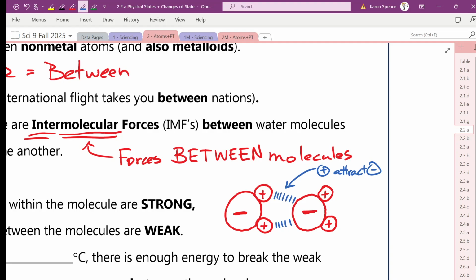Are these two water molecules bonded together? Do they have a bond between them? Are they part of the same molecule? No, I have two separate molecules, but there's still forces between them. What do we call those forces between them? We call them intermolecular